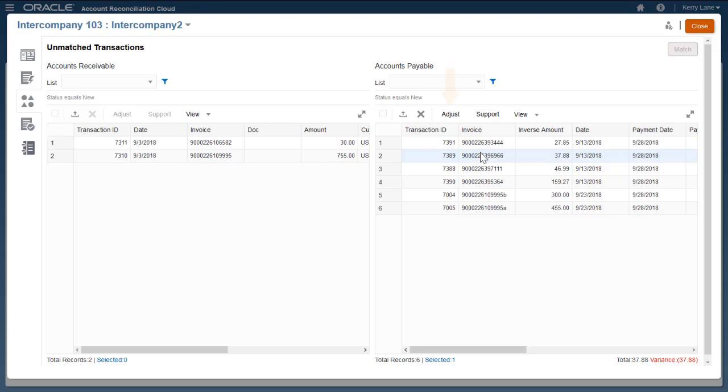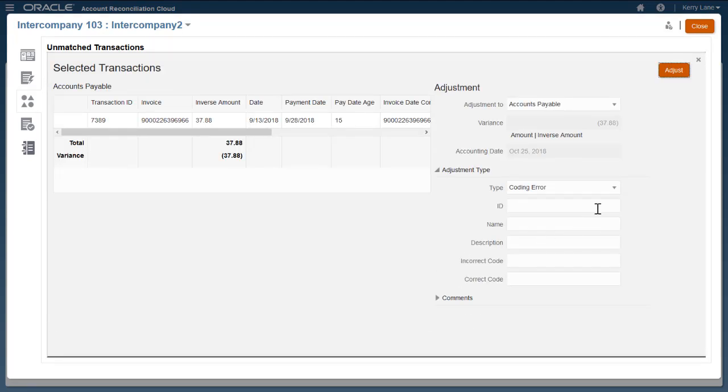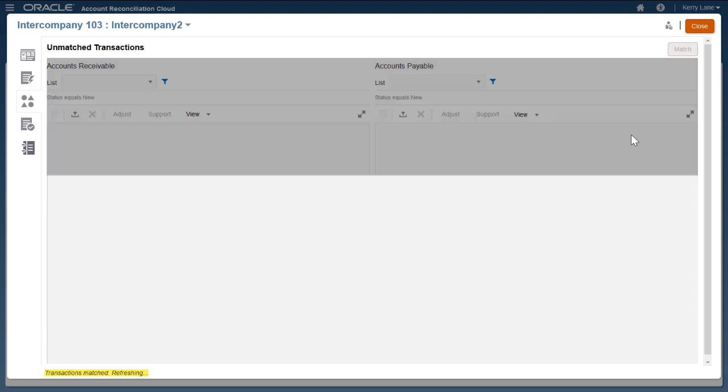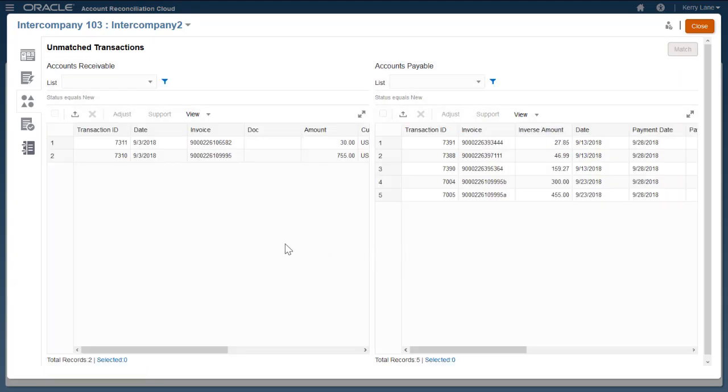For transactions that don't have a match, you can use the Adjust option to create a reversing adjustment, or the Support option to explain the transaction. If the match type is configured to allow deletion, you can delete transactions. This transaction is a duplicate of another invoice that's already been matched, so I'll create a reversing adjustment. I'll select Duplicate for the adjustment type. When I click Adjust, a match with the status Adjusted is created, and the transaction is removed from the Unmatched